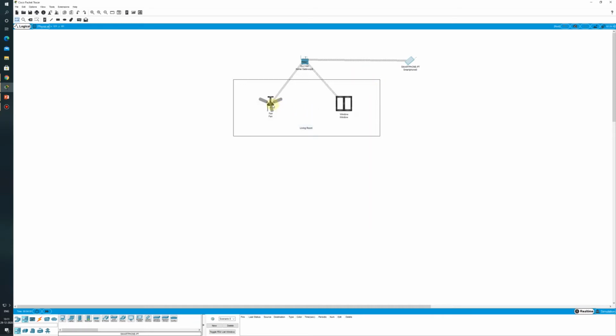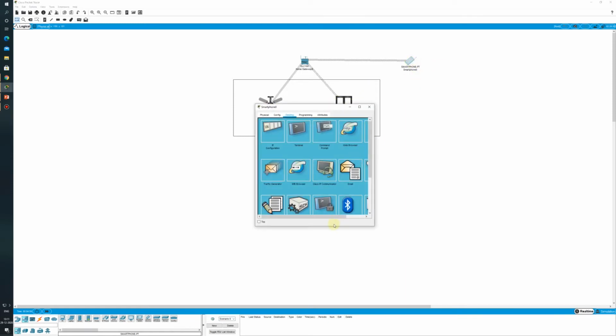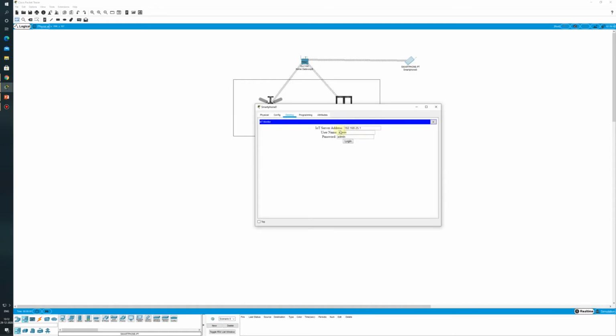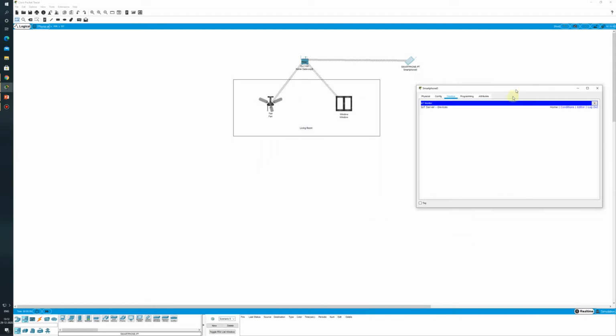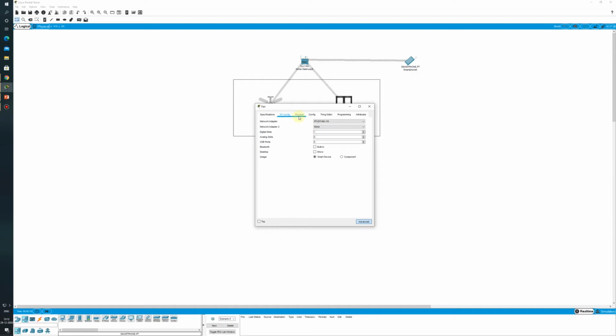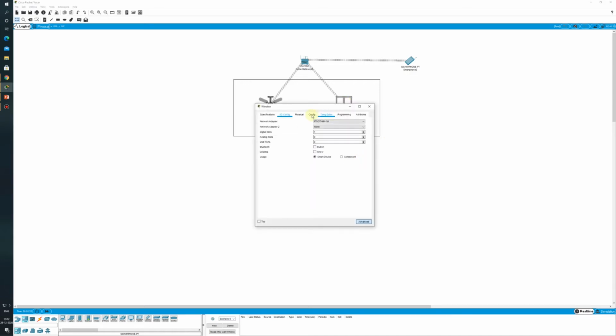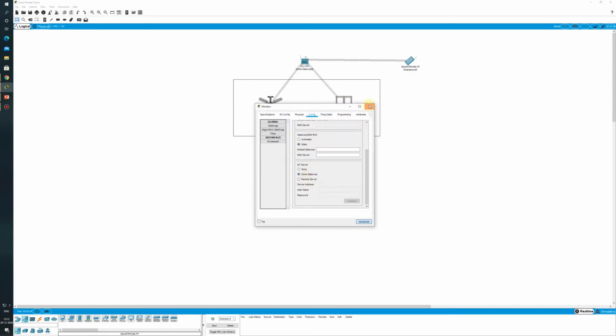Next we need to register these two devices inside the home gateway, and we will control the gateway using this app called IoT Monitor. These are the default credentials of the app, so I will click on login. Now you see there are no devices listed here because we haven't registered these devices to the home gateway. So let us do that. We will go to the config tab, scroll down, and under the IoT server we will select home gateway. We will do the same for the window also.